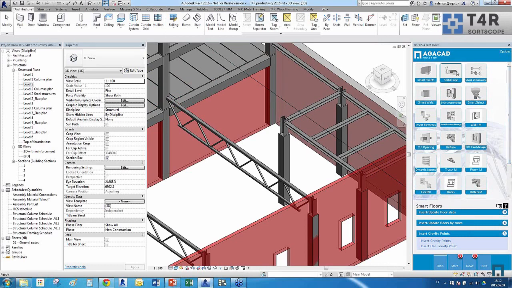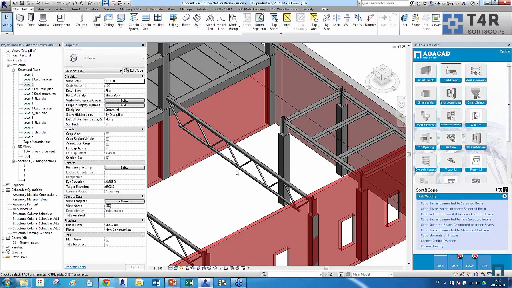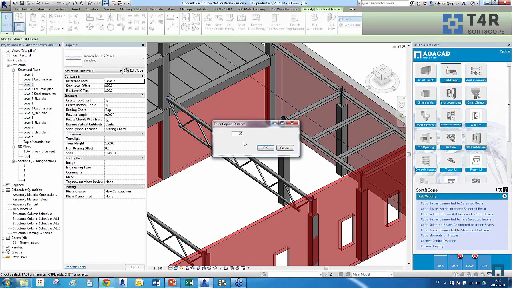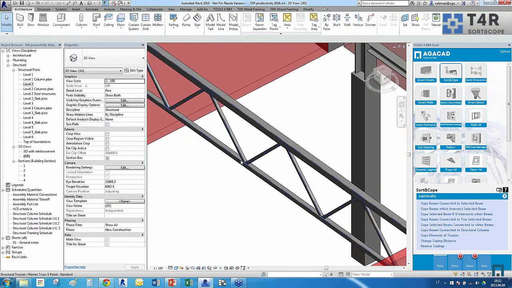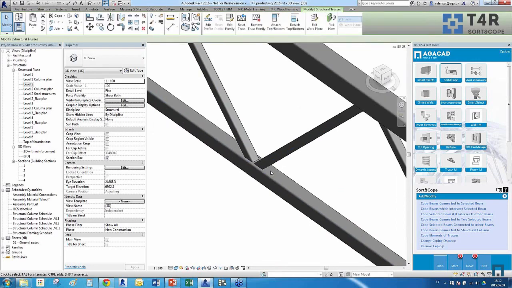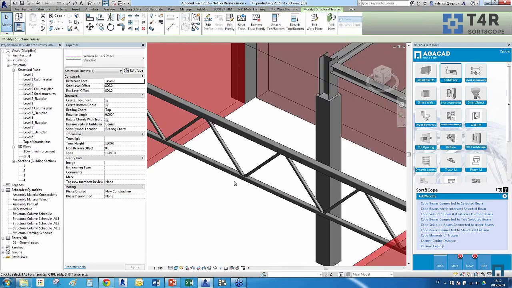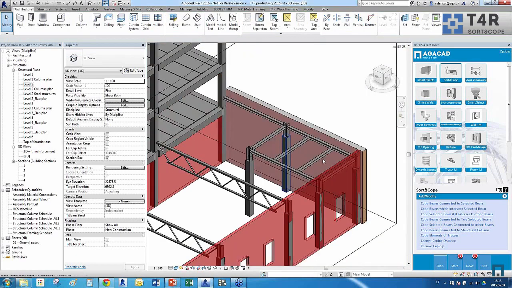Okay, I will choose the sort and cope tool. I select the truss and I select the command copes elements of the trusses. Okay, and here we have coping distance. I'll click OK. And let's see, so we have now a pretty good looking truss with just one click, so I think it's